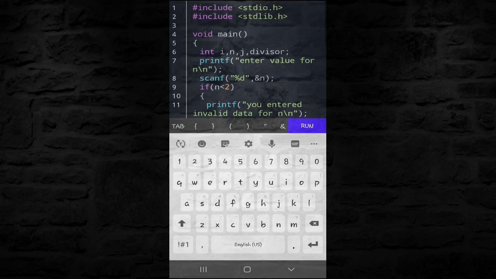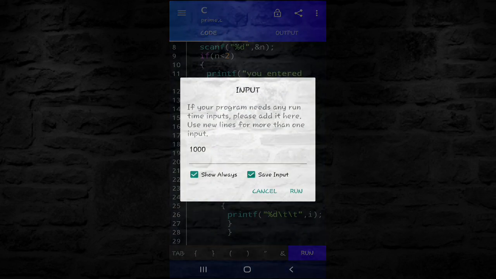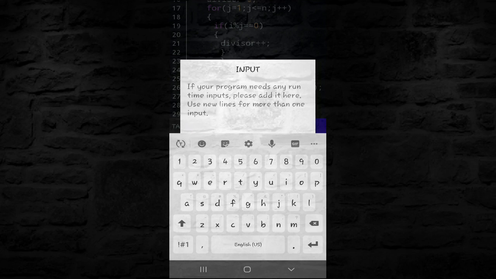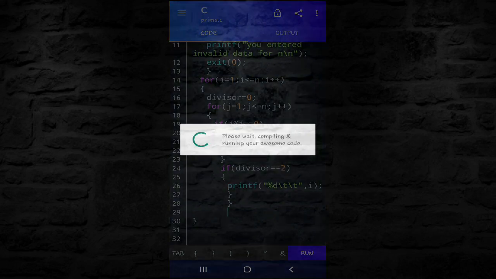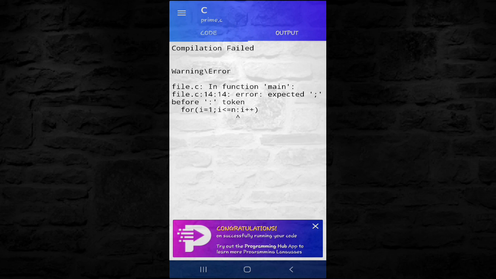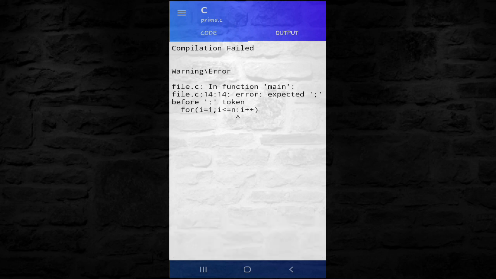Let's run this and see. Let's take number 4, which is the example I have taken to explain to you. Oh my god, there is an error. Okay, got it.